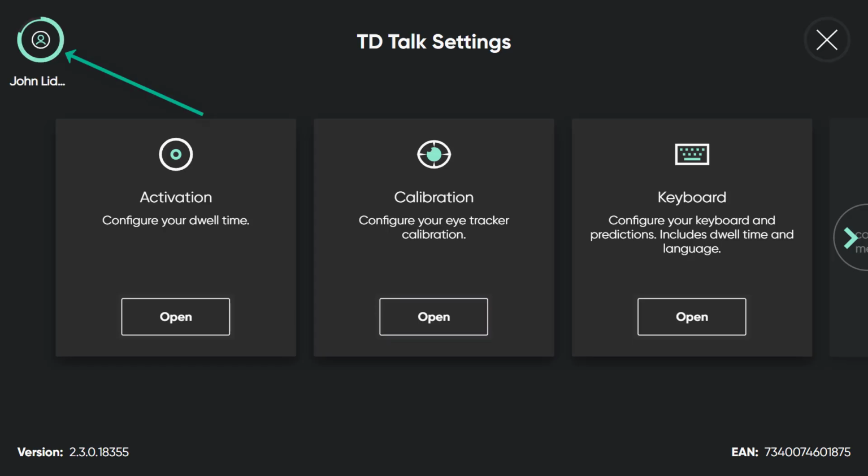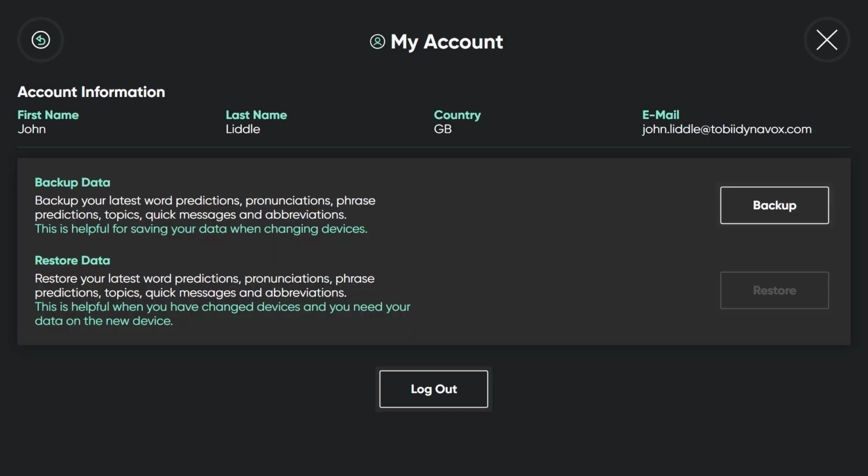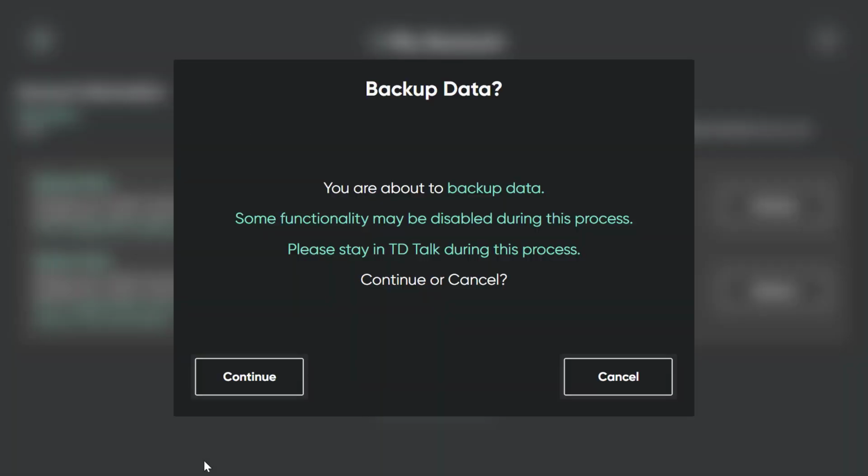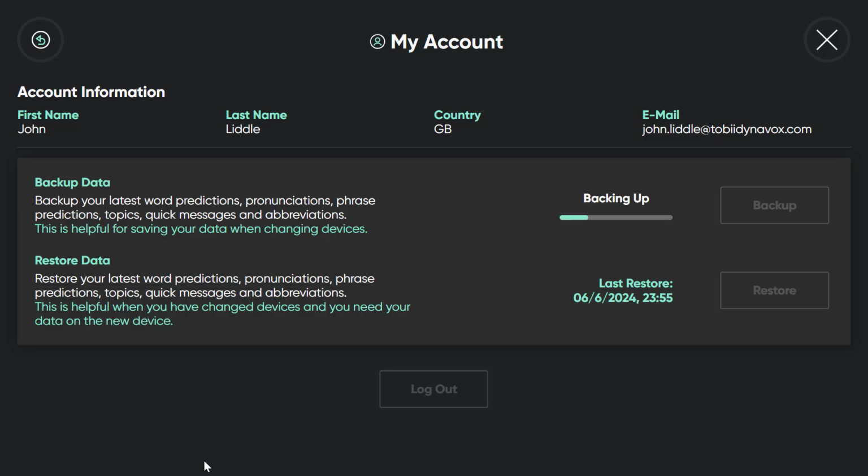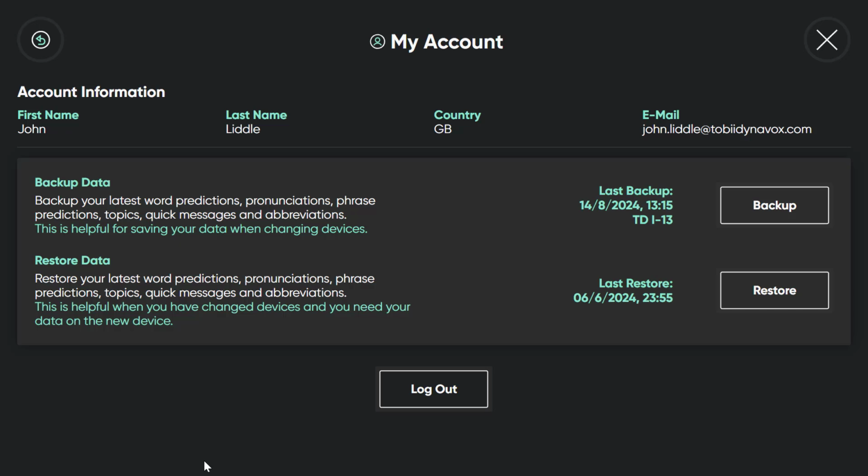You can now back up your user data to the MyTobii Dynavox cloud. This includes prediction learnings, categories and stored phrases, and abbreviation expansions. This is reassuring if your device is ever lost, damaged or stolen, but it is particularly useful if you ever need to switch to a new device because of a change in access method. The user data will transfer even cross-platform between iOS and Windows and vice versa. This means all of your learned language and efficiency gains developed over time go with you to the new device.